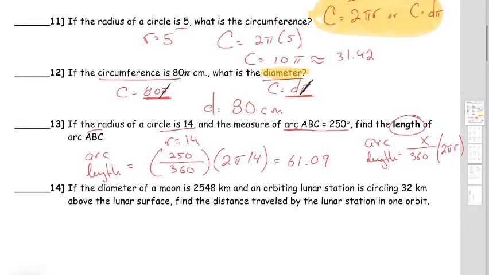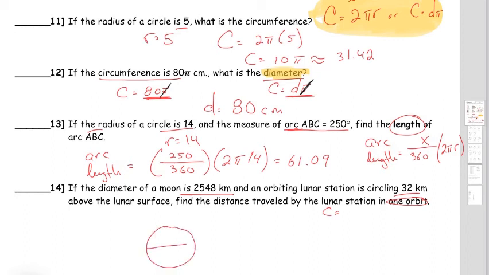14, it says the diameter of the moon is 2,548 kilometers, and an orbiting lunar station is circling around the moon 32 kilometers above the lunar surface. Find the distance traveled by the lunar station in one orbit. In other words, find the circumference of the orbit. And so we're going to draw our diagram here. The first thing we've got to figure out